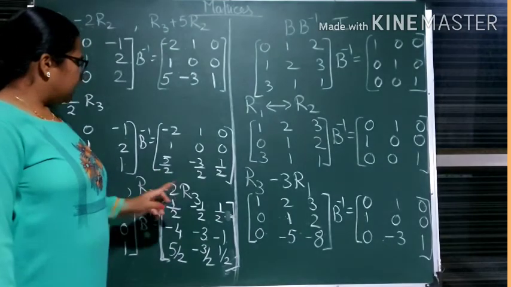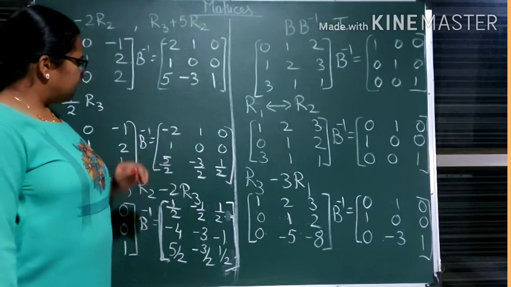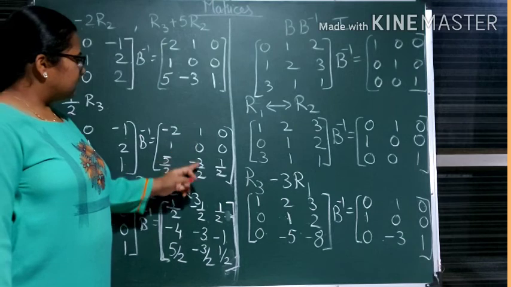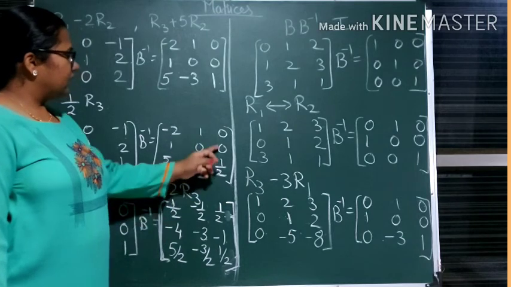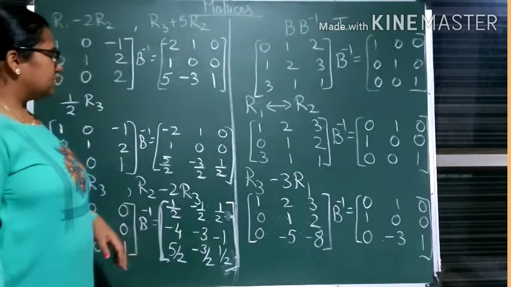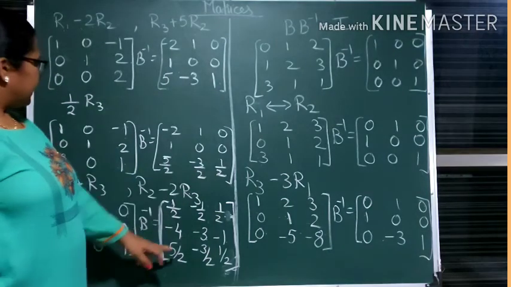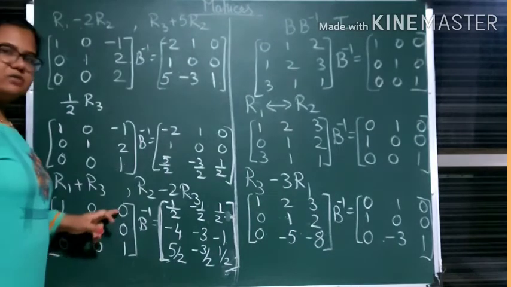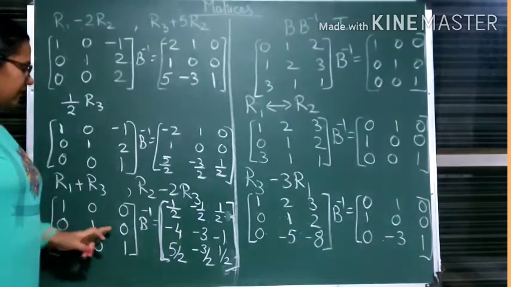Now this R3 row you are multiplying by 2. So this remains 5 and 1 minus 5 is minus 4. Here you get minus 3. 0 minus 3 is minus 3 and here you get 1. 1 minus 1 is minus 1 and third row remains as it is. Yes. So this becomes your identity matrix. All the elements have got properly converted to the values required.